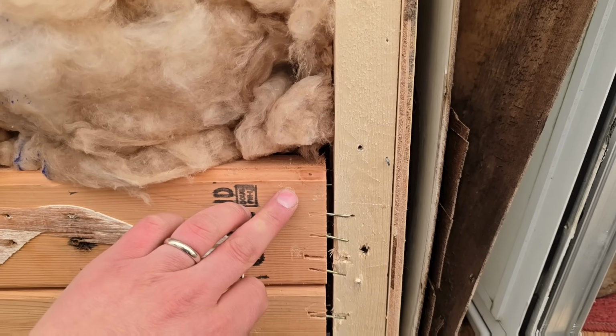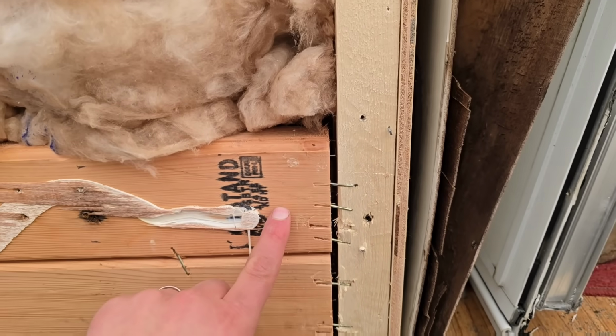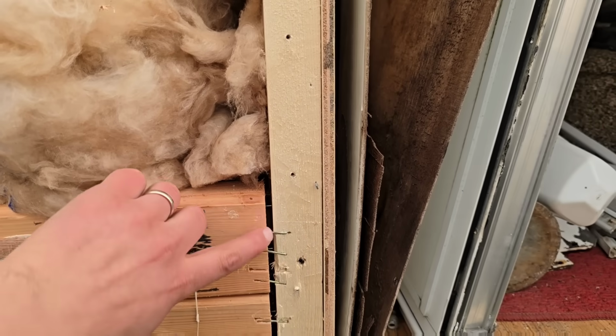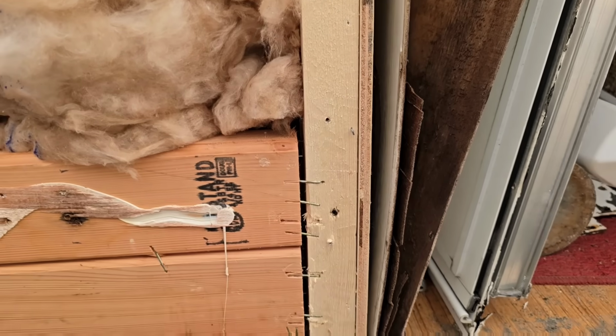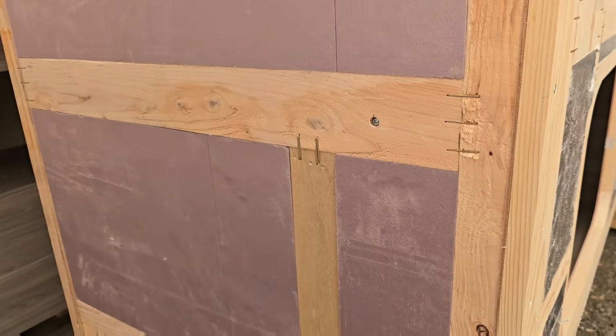If you did this with aluminum, and many manufacturers still do this with aluminum, you think, okay, it's aluminum, it's not going to rot, it's better than wood. Well, no, it's not. There's no strength there in this joint, right? Let's look at the back wall on this other one. So over here, this back wall, right here,